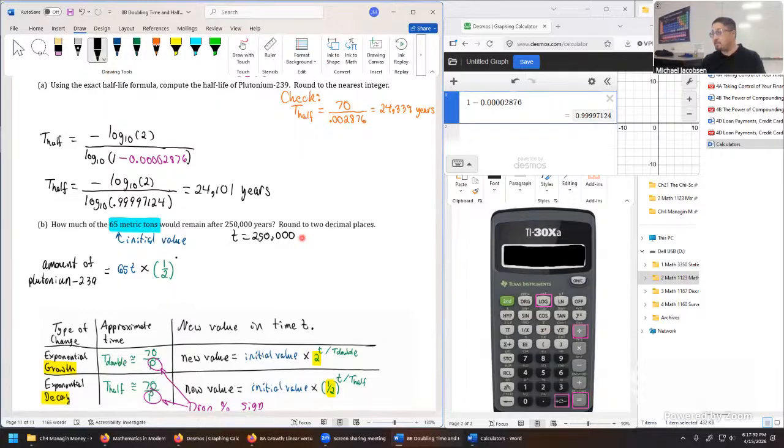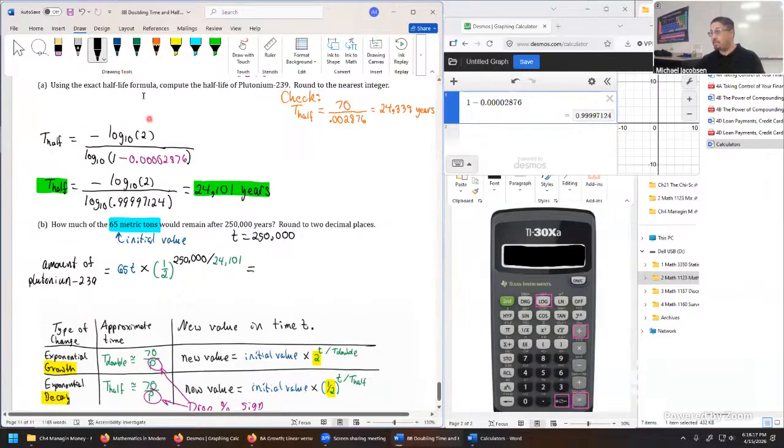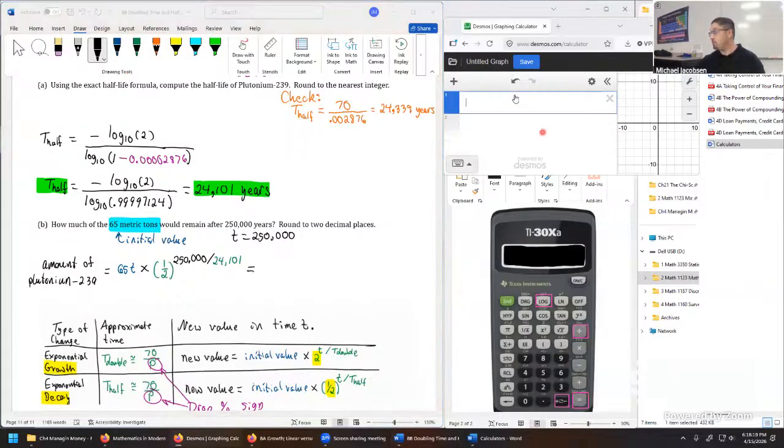So we take our 250,000 divided by the half-life, t half. Let's just hit that with green to emphasize that's the other green part in the formula. 24,101 years. And throwing all that into the calculator will give us a value out. So let's put this in carefully. 65, drop the unit and just go times